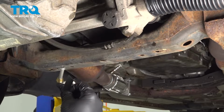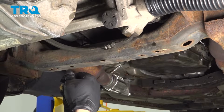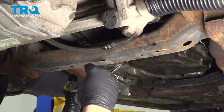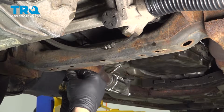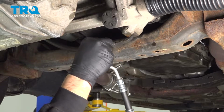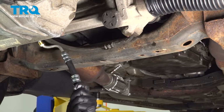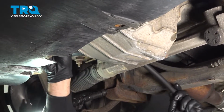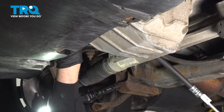Now what I'm going to do here is I'm going to put a piece of tape over the end of our hose here. We're going to be pushing this up to the power steering pump, and I don't want to have debris go inside that hose there. Let's go ahead and start feeding this up over our steering rack, across the cross member,